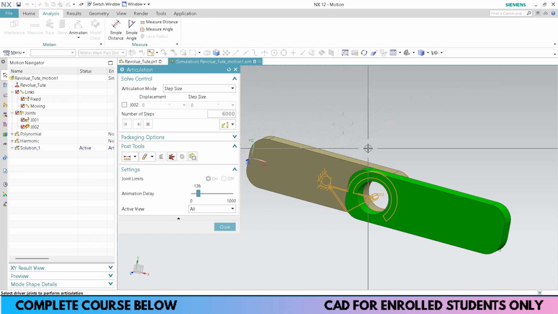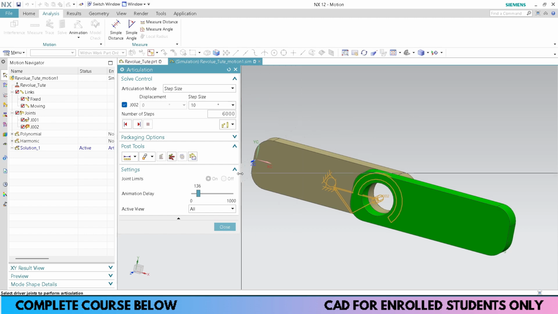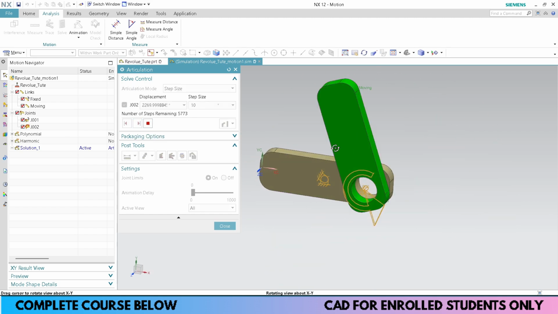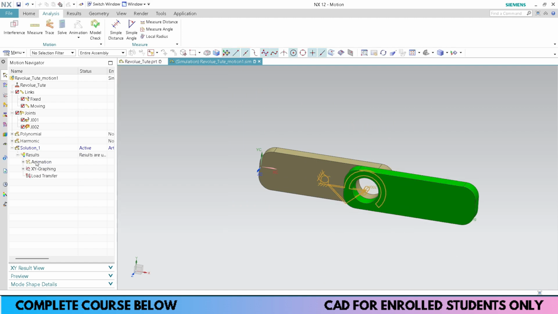And when you face this window, just select this driver, give the size as 10. This would have 6000 steps. I can drag the slider here and click on this, and I'm getting this result, right? So this was my other driver, which was articulation.